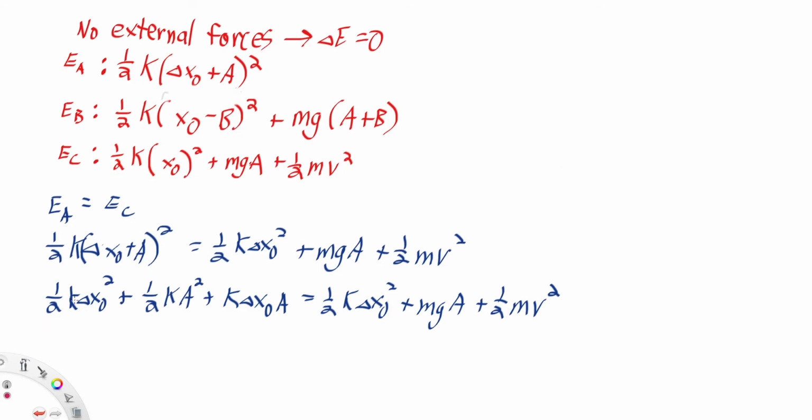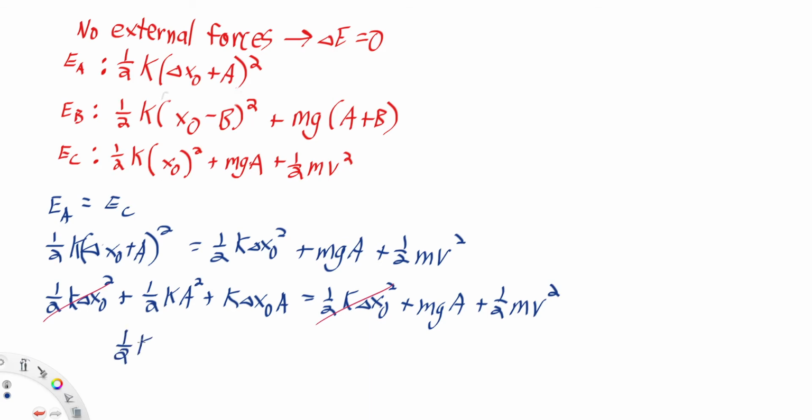And very nicely, we get the 1/2 k delta x naughts on both sides, so we're going to cancel those out. And the thing that we're interested in here is v. So everything with a v gets to stay on the right-hand side. Everything without a v has to go to the left-hand side of the equation. So we get